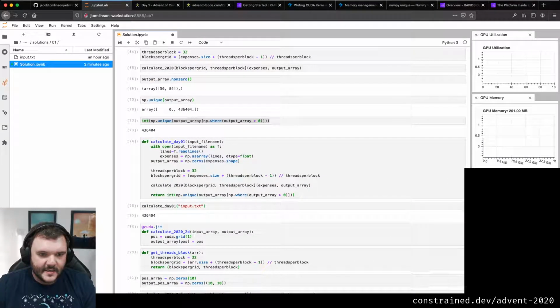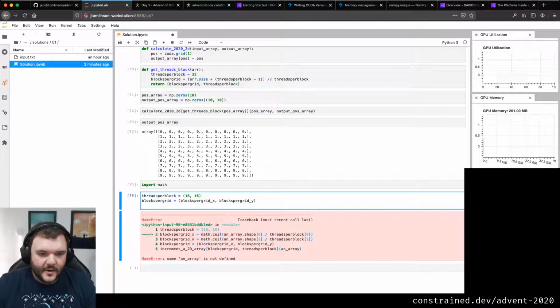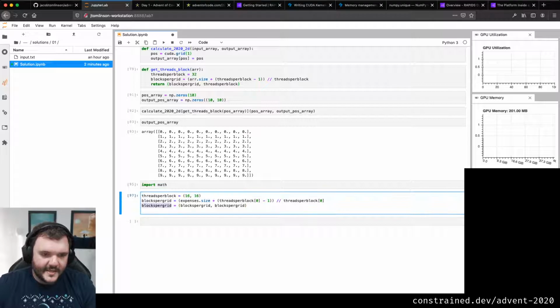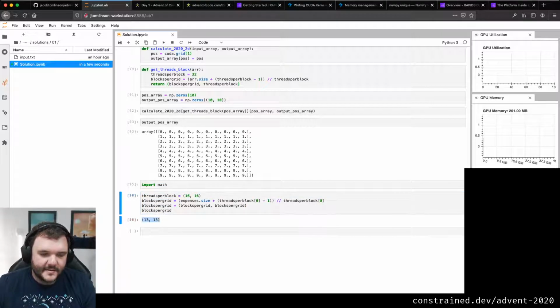So we had its expense size. It's funny actually, I want it to be the same. Right, because it's 2D, I guess I could do something like that, and then my blocks per grid is going to look like that. I reckon 13 by 13.